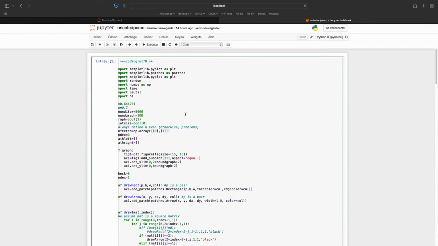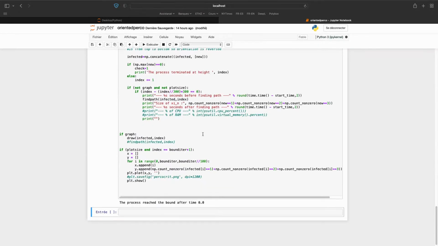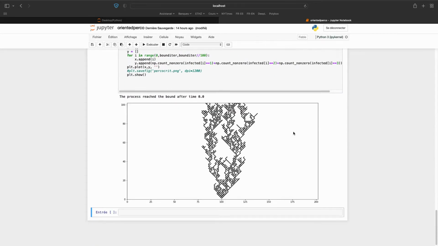So this little Python script, so it's really badly written, but it samples some configurations. Here I have a probability p, which is very close to the critical probability, and I sample over a height of 100, and we can see what a typical cluster would look like. So that would be something like this. I only represented the ones that I can access from 0. So of course, the rest of the picture would be filled with other edges.